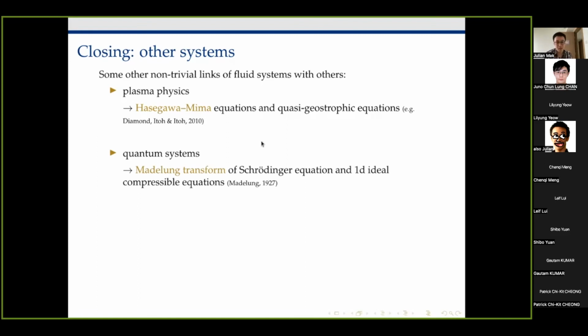In quantum systems, actually, this is fairly well known. I don't know if it's well known to you, but apparently it's well known. You can take what's called the Madelung transform of the Schrodinger equation and turn it into essentially the 1D ideal compressible equations. So this dates back to Madelung in 1927. The suggestion here is, maybe if you understand the ideal compressible equations, I can tell you a little bit about the Schrodinger